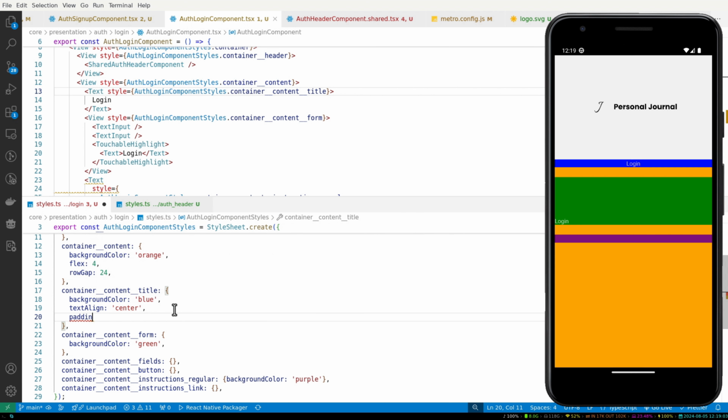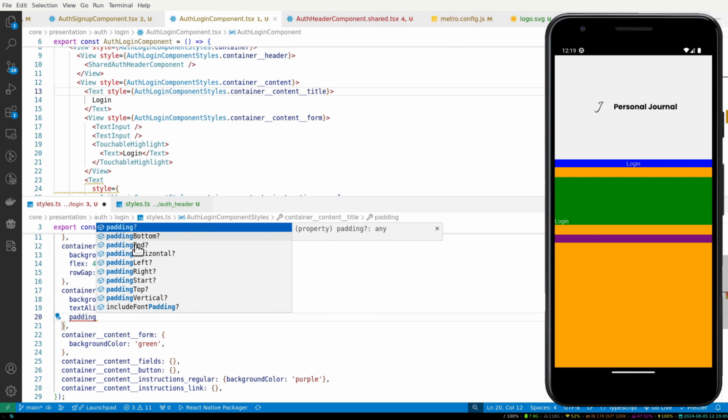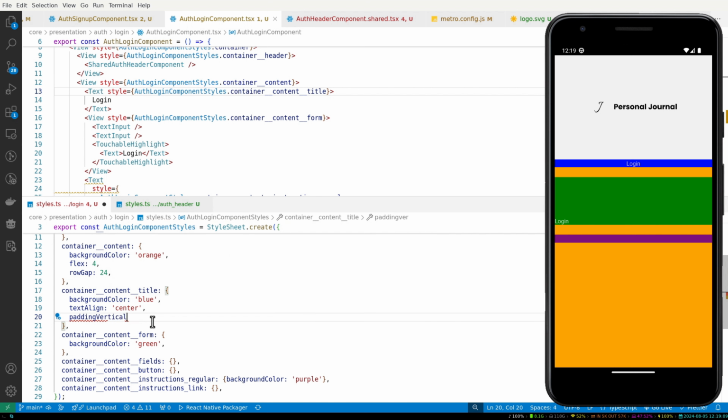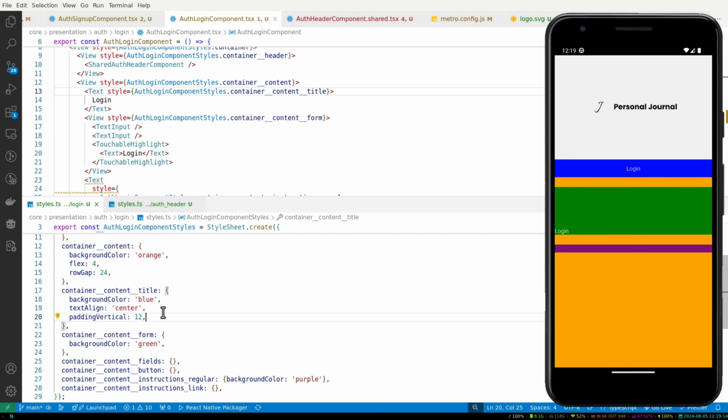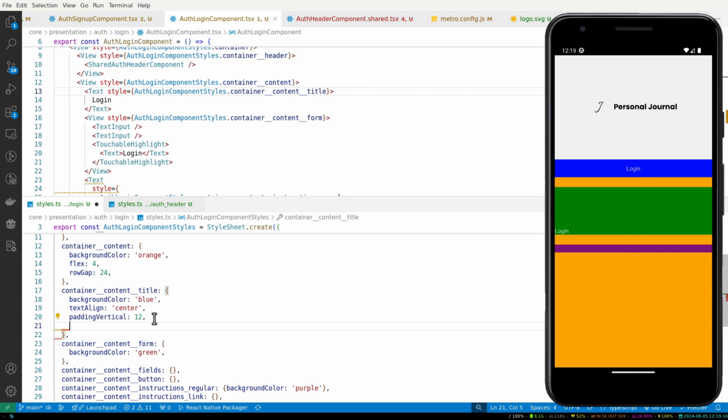Remember, padding, you can have multiple paddings. You can have padding bottom, top, vertical. So all you're interested in is vertical. Vertical will give you padding for top and bottom. So maybe say, let's say padding of 12, and then the title itself, which is a font, a text, so we give it